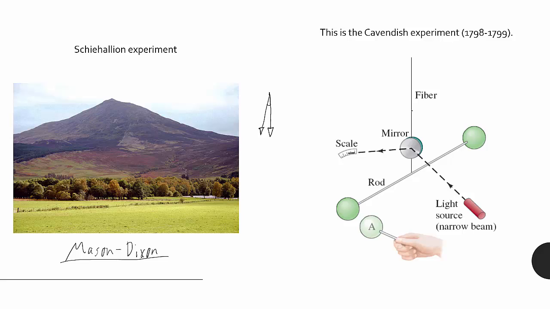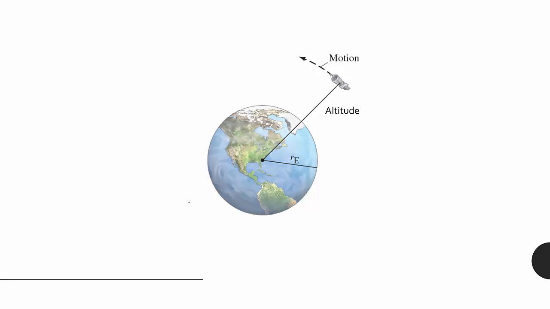And they knew about the properties of the fiber, so they could convert that tiny movement into a torsional force, and thus figure out the force between the two things. They knew the masses, they knew the distance, and voila, we got our gravitational constant. Pretty exciting stuff. So now we know that if we have an orbiting object, if you're off the surface of the Earth, then the gravitational acceleration will decrease a bit.